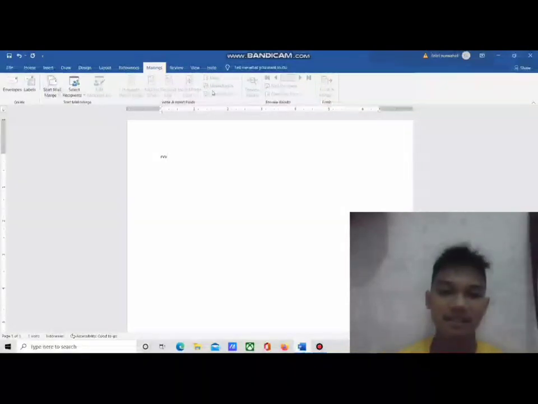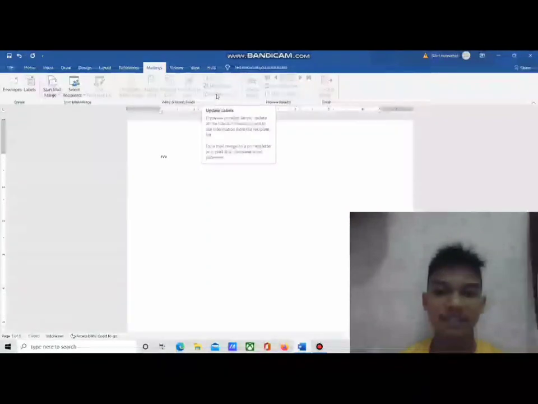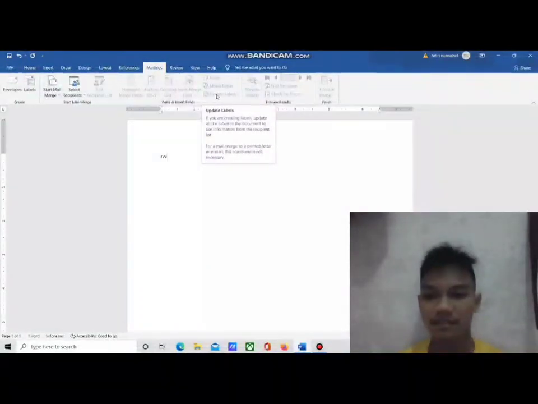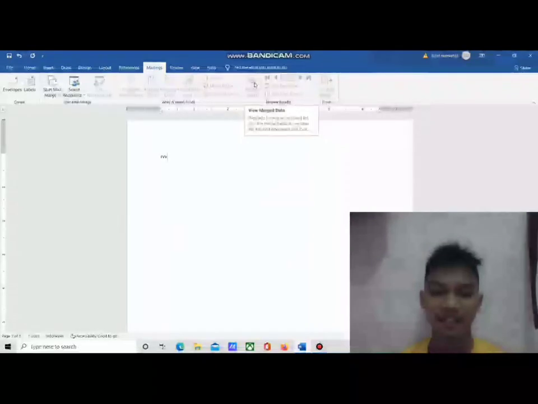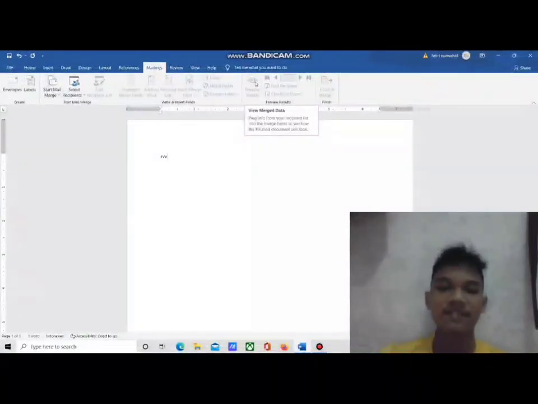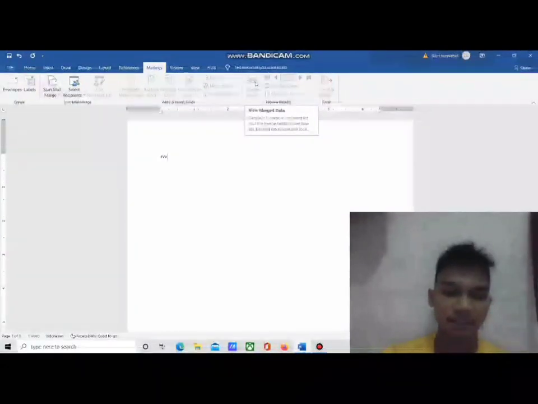Update Labels: updating mailing labels according to the current state. Group Preview Results: view the mailing and the list of recipients that have been created.